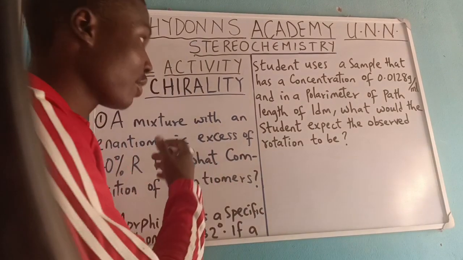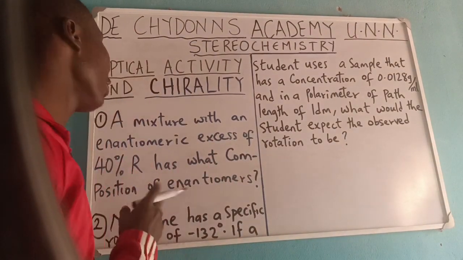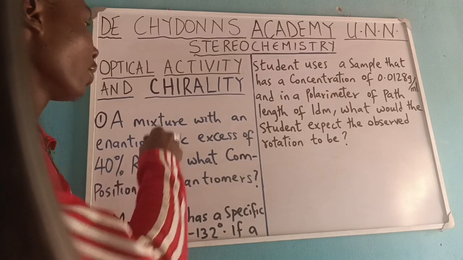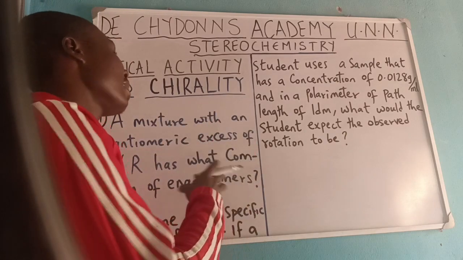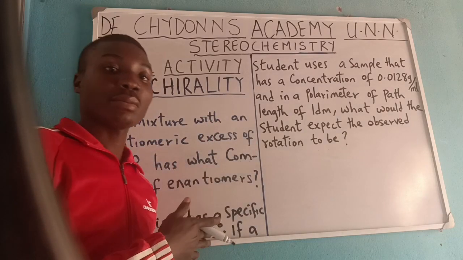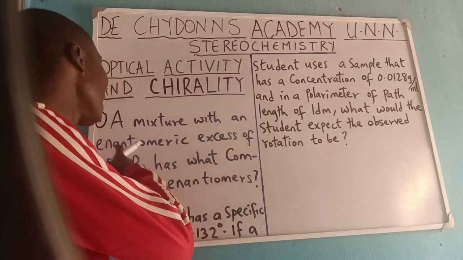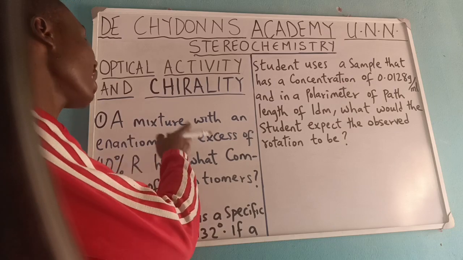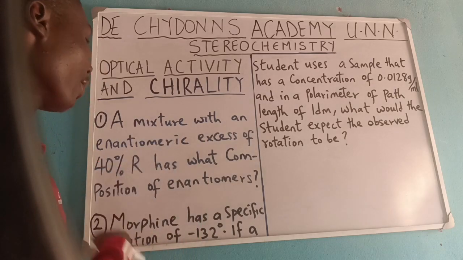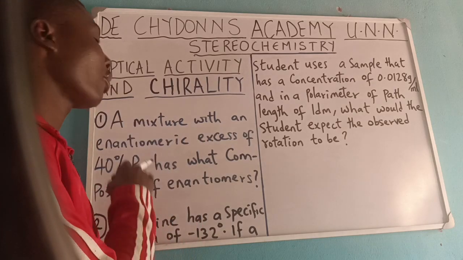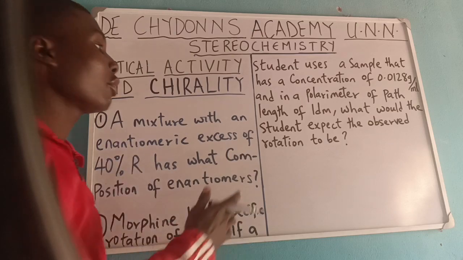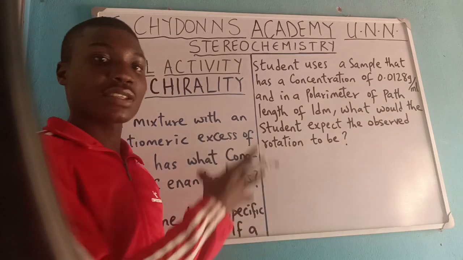All right, so we're looking at some questions today, and we are going to be focusing on these two questions so I can get a basic grasp of how to use the formulas we have talked about earlier. For the first question, it said a mixture with an enantiomeric excess of 40% R has what composition of enantiomers? So I'm going to be dropping a formula that I've not dropped yet so that you see how to